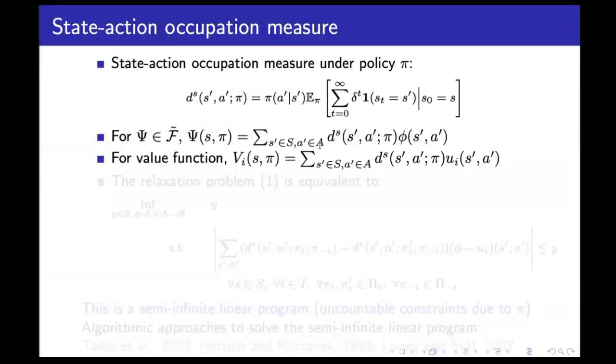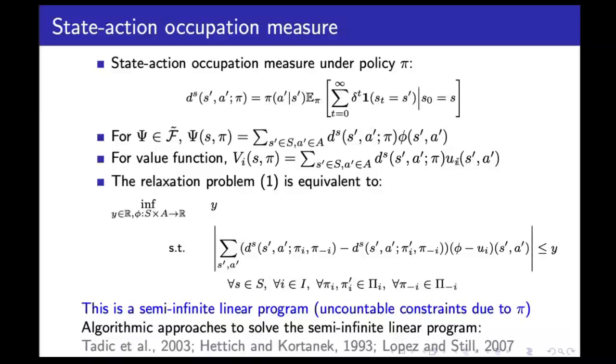Suppose we know all the state transitions, all the P, and we know all the utilities. So suppose the environment is known here. Then your state-action occupation measure is known, and this phi is your decision variable that you are trying to find. For the value function, similarly, we can also write it with the occupation measure, but now with the utility function.